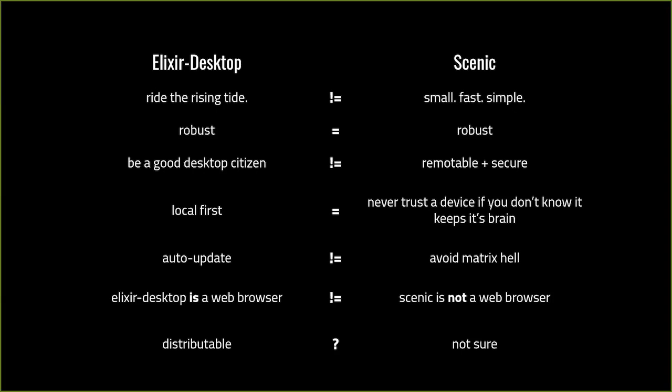Scenic has these attributes of being remotable and secure. Again, that is from the IoT background, I believe, where you have devices in the field, maybe in a truck, maybe in a sensor, and you want to be able to remotely debug them. That's not the same goal for Elixir Desktop, because it does not have this mindset of being remote or non-screen-system first. Instead, it's primarily a desktop app and wants to integrate into the desktop nicely, at the place it needs to be. And potentially, in terms of security, not even be connected, just be a local application.